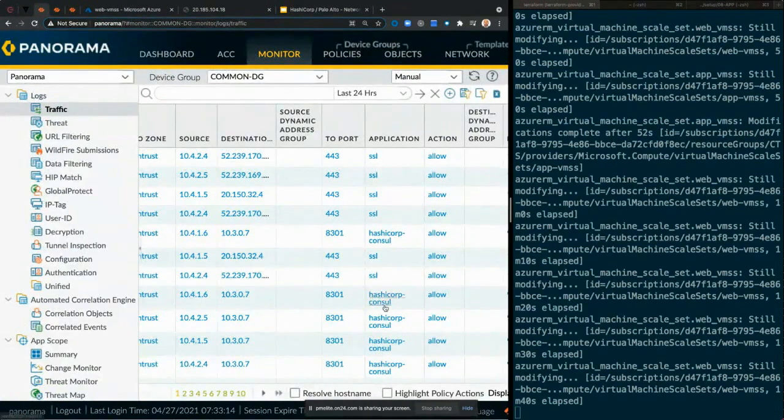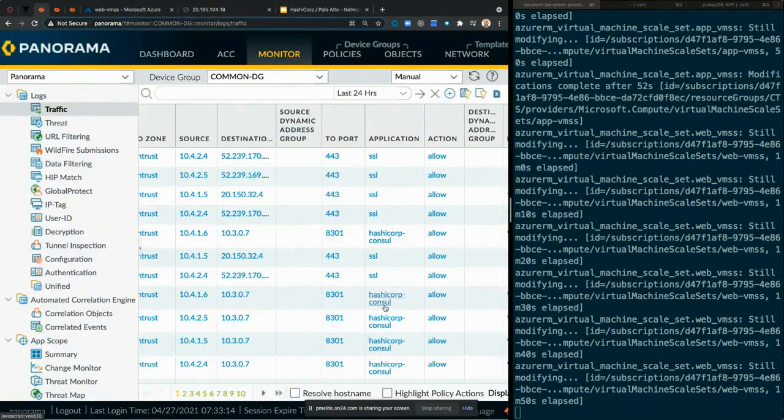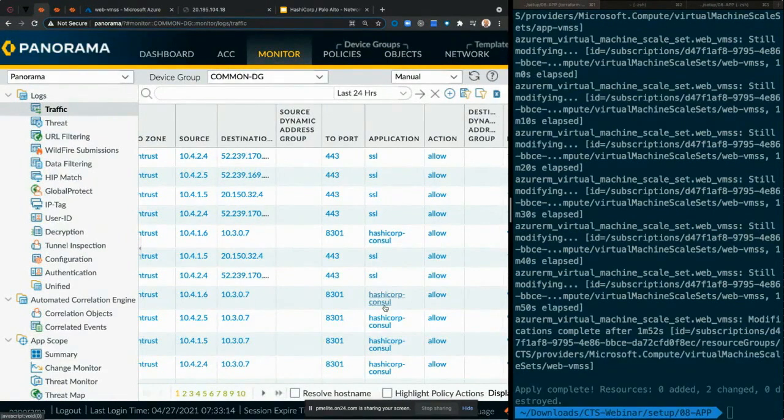Absolutely. And this is a power, right? Because Consul-Terraform-Sync, under the hood, you are using a special type of module called NIA modules. And under the hood, it's just using the Terraform provider. So any resource that we expose from that provider, things like creation of rules, we can certainly automate all that kind of stuff. We can create best practice rules.